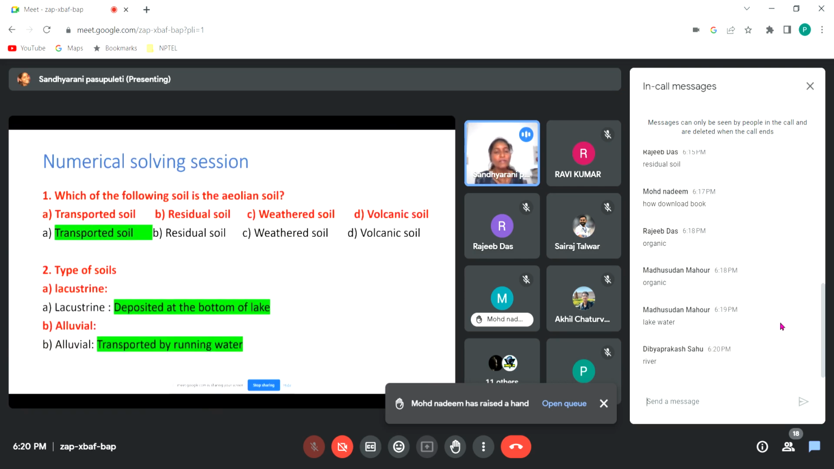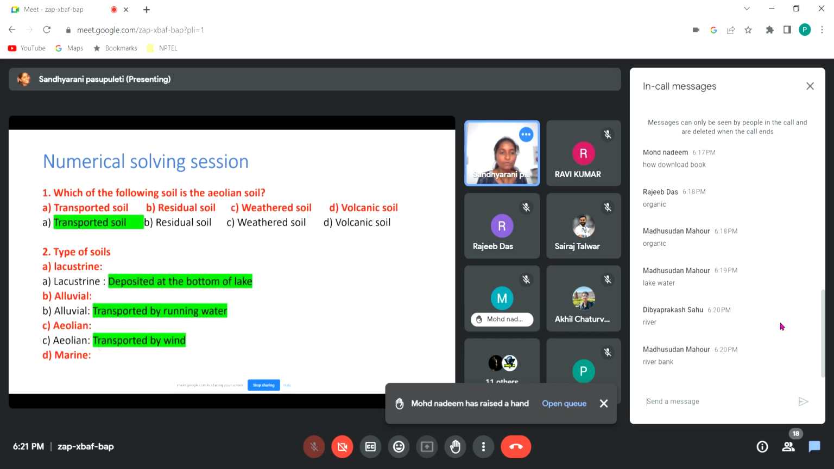So when the soils are transported by the medium of water, we call them alluvial soils. You can remember, as in the first question, aeolian soil is where the medium is air or wind. Alluvial is where the medium is water, which we already know. And the marine